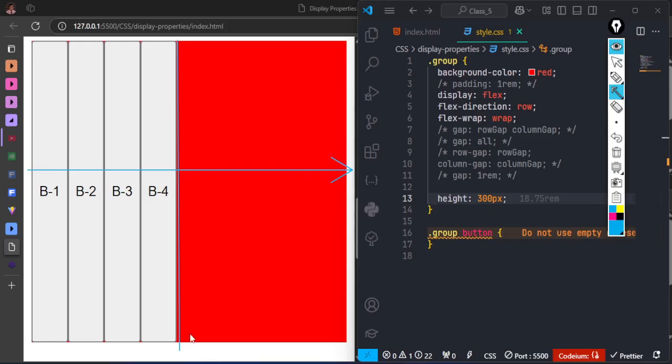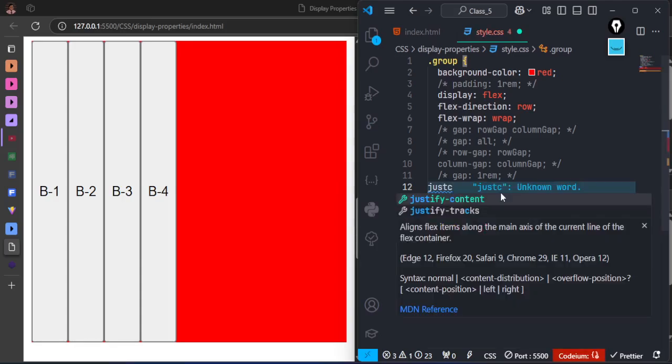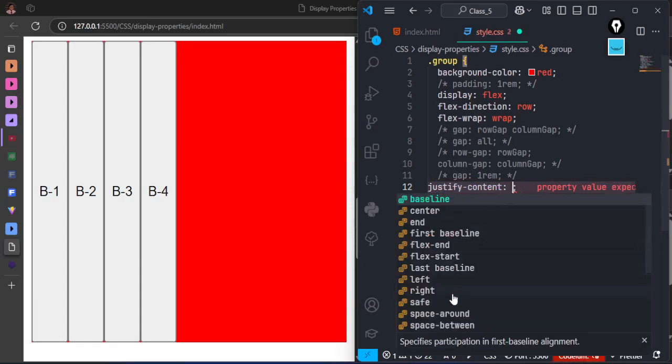Yeah, so now, how do we distribute this space? When you are dealing with justify content, since we are in a row, you know that horizontal is our justify. So justify content has different values that you can use, but the major one that you are going to use here is just center. These are the major values you use most of the time. Center, which is really this center. Then we have flex end, we have flex start,